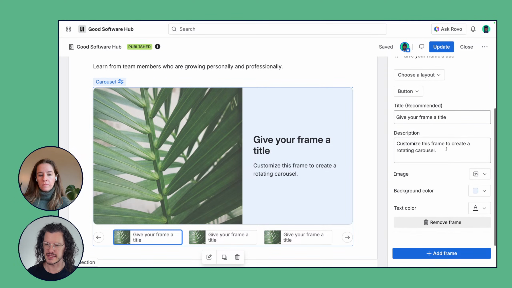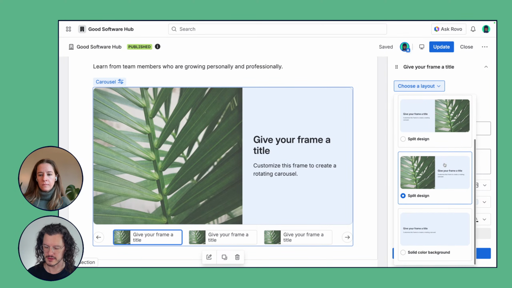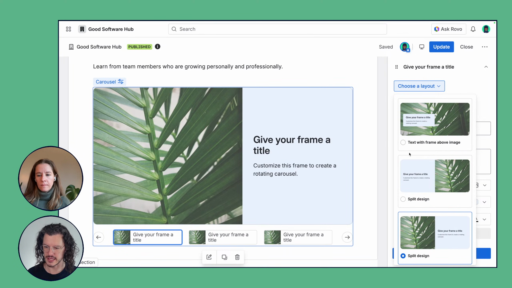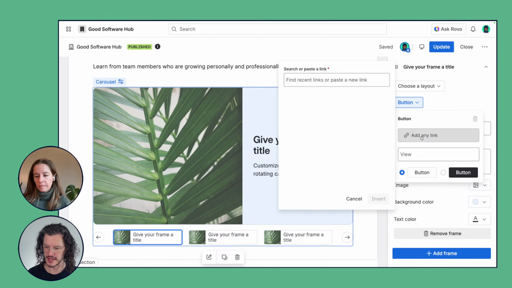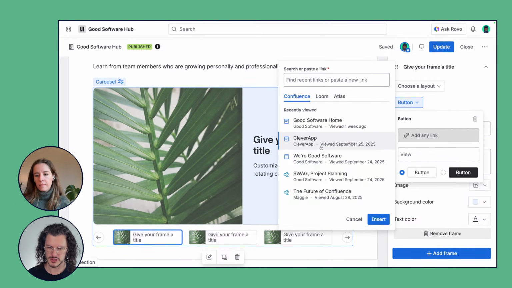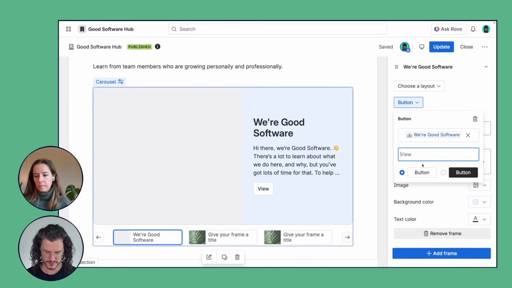And then again, on the content side, right here, I can see all of my individual items. So here I can give them a name and a description. I can fiddle around with the layouts like I did with the one above. And then I can add buttons to each one. So I can link to anything in Loom, Confluence, Jira. So I'm going to link to the founders page and